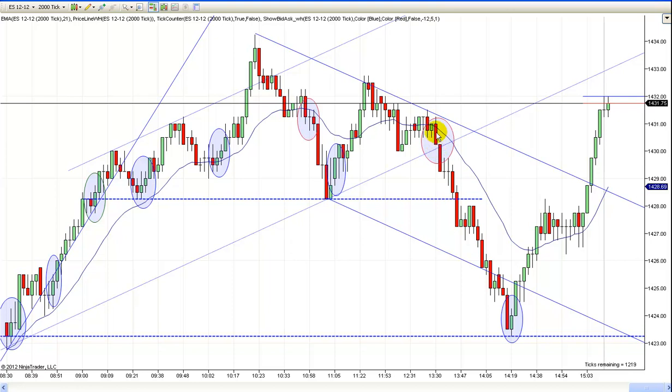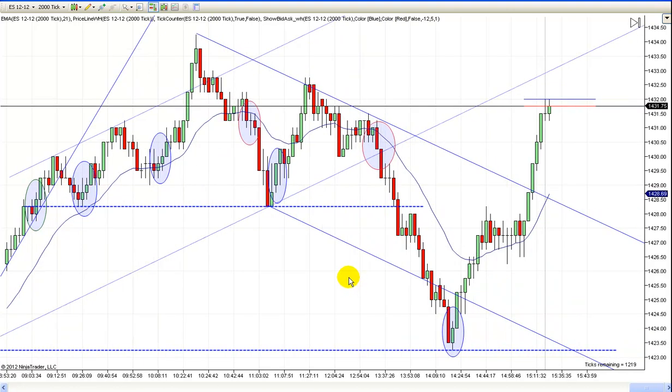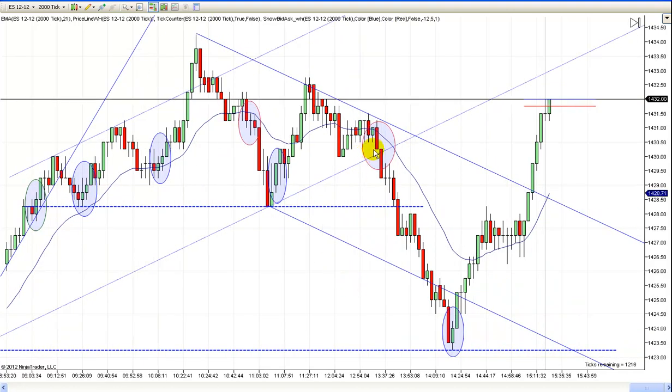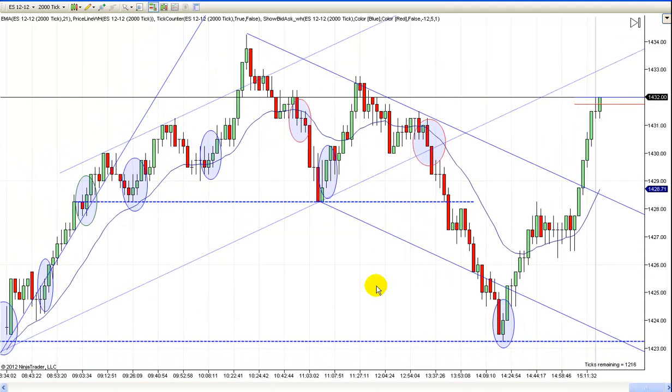And this is one of those where if you tried to drop your limit order back in the bar, you got left behind. And look at that move. Nice move. And that was really it for the day for me at that point. But